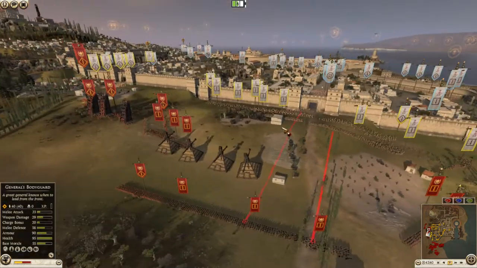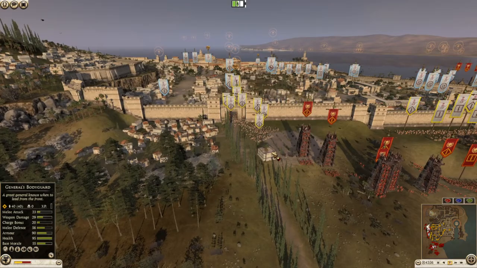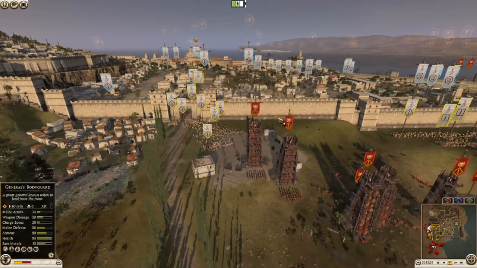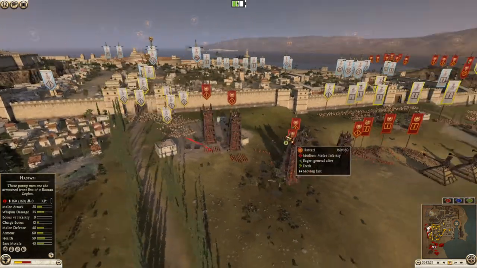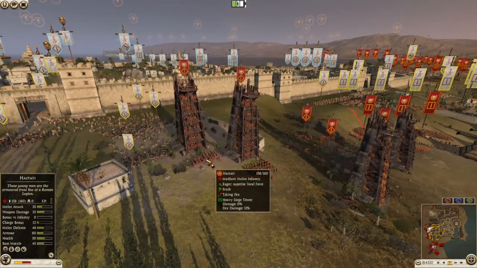Carthage moving out, setting up, getting ready. Really going to stall Rome here for a minute. Full on sallying out over here. He's going to actually end up catching these Hastati. They're not going to be able to get all... I mean, it doesn't matter either one way or another, but...